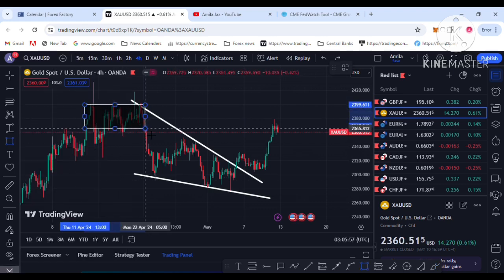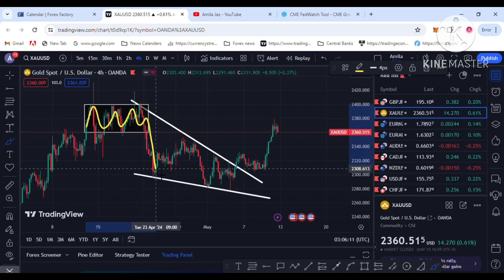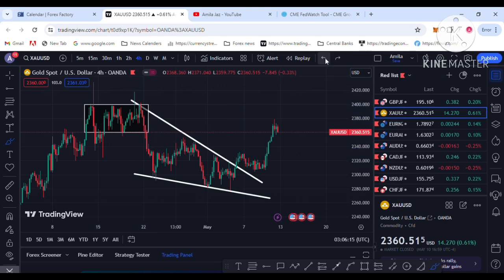This is the left side box, I am calling it this box. This is the price ranging on the left side. You can see the technical picture I am seeing. The price was ranging on the left side and dropped to the downside. The sellers are inactive in this box up to 50%.